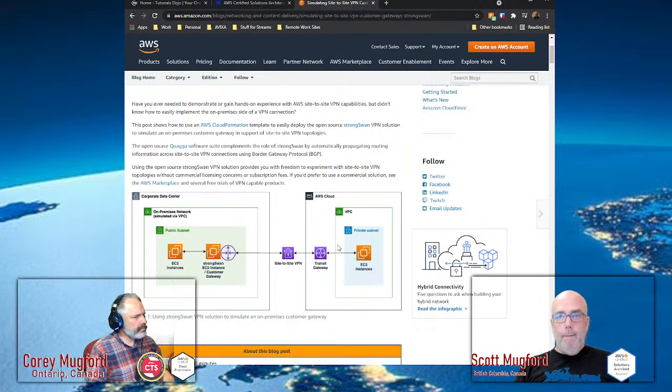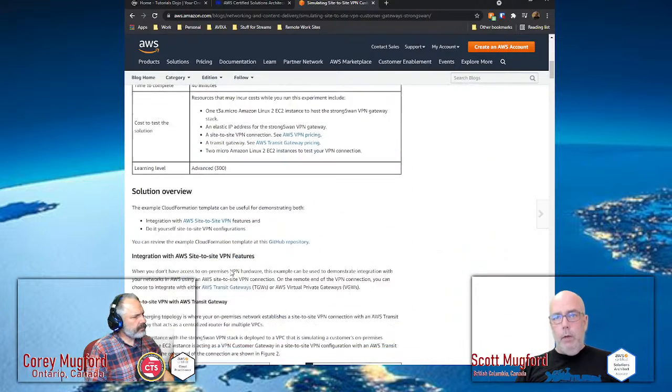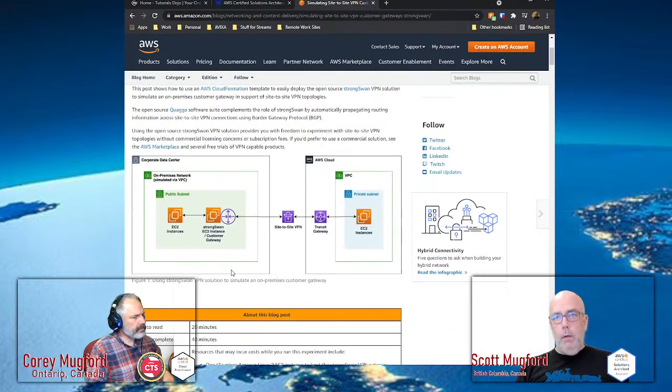But site-to-site VPN is kind of self-explanatory. Transit gateway is like a VPC peering kind of thing. It's like a router between your accounts. It's a terrible way to explain it.